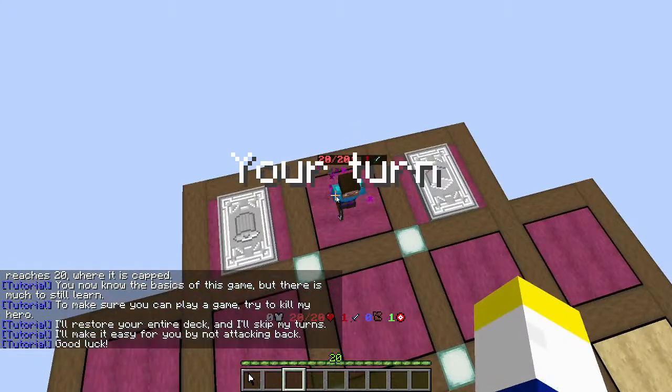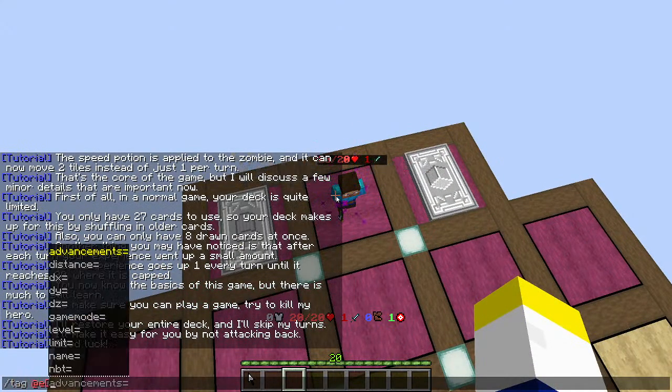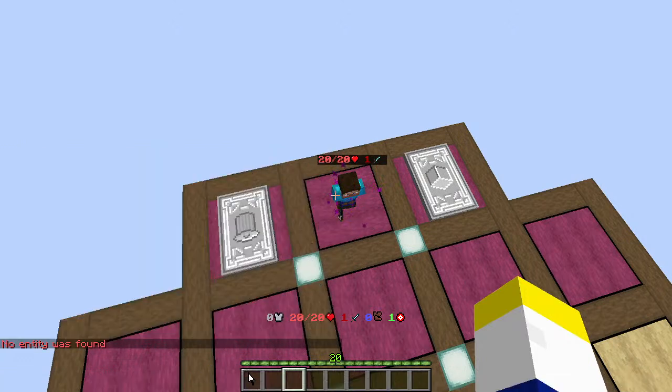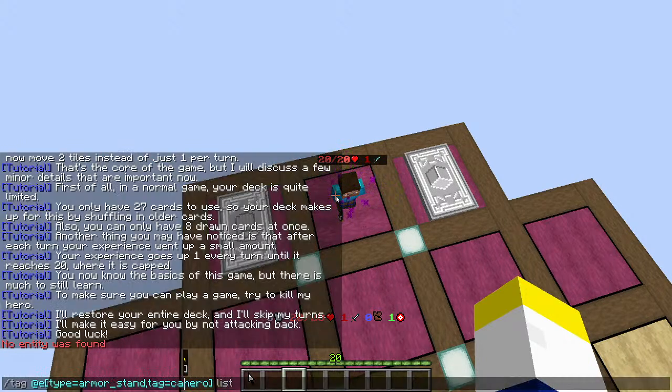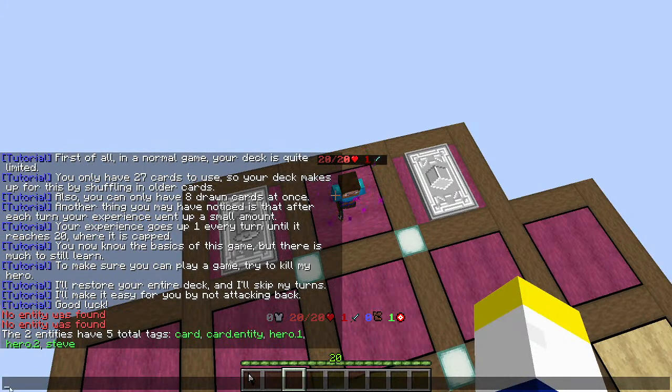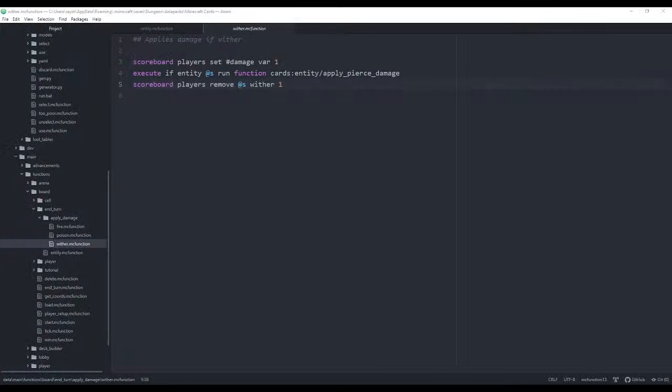Okay. So I want to get the player's tag. I think it's hero. Maybe it's card.hero, actually. Maybe card.entity. So hero.1, hero.2, card.entity. So if we go back to Atom, if the player has, or if the entity has the tag of hero.1 or hero.2,